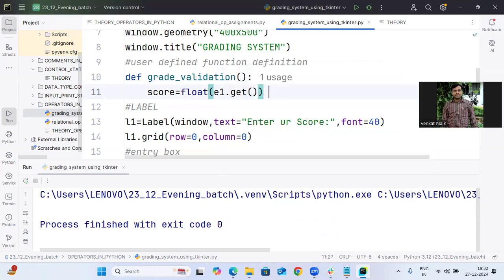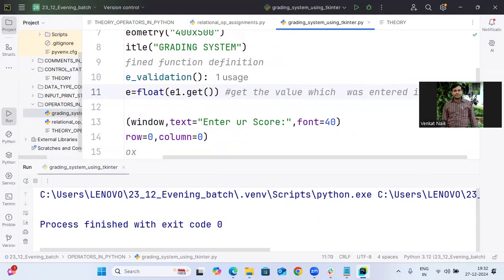What exactly will this line do? This line will get the value which was entered in the entry box